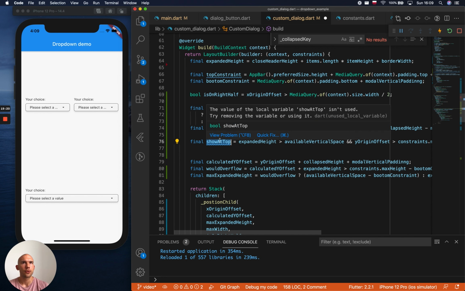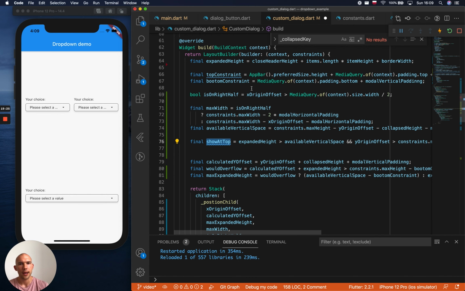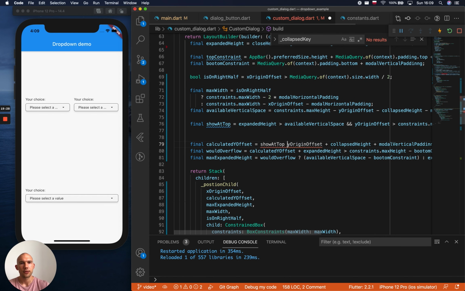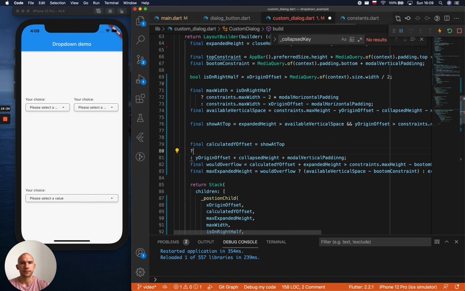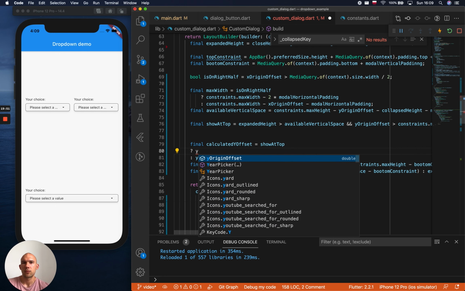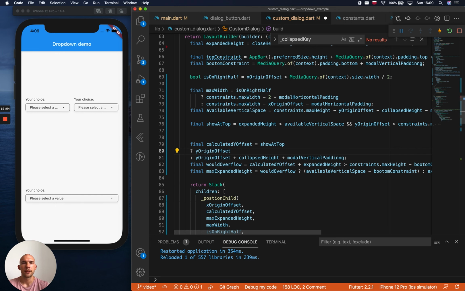So for sure we need to use it in our calculated y offset. So if we want to show it down, then the offset will be the highest place on the screen that's not in the safe area. So that's y origin offset. Actually, no. It won't be the highest available place,